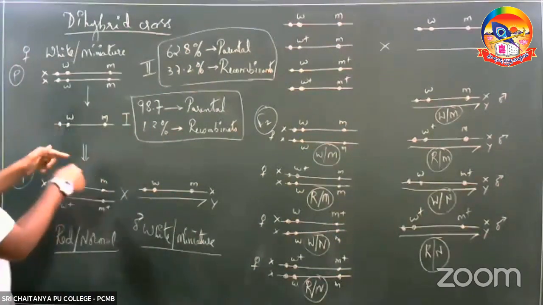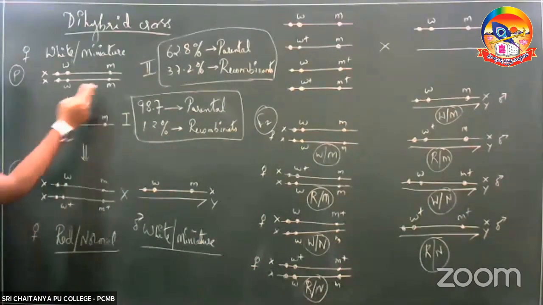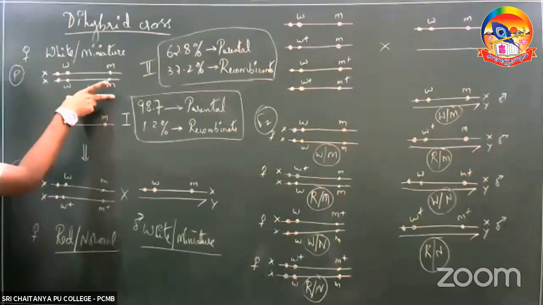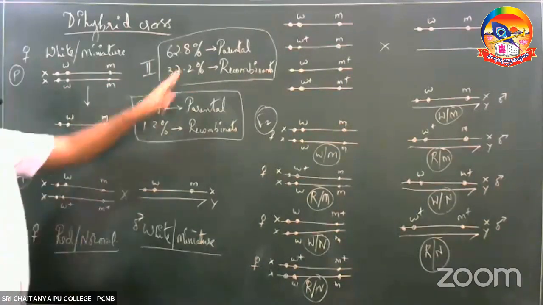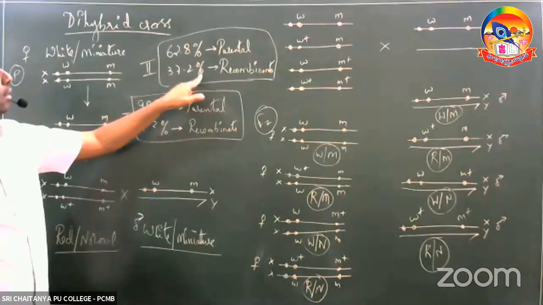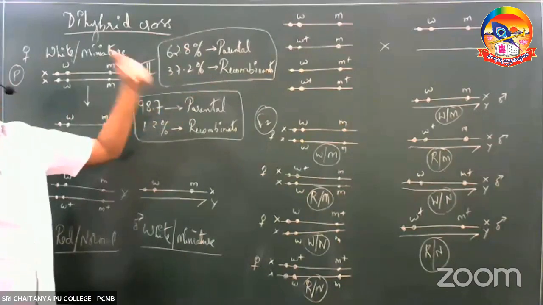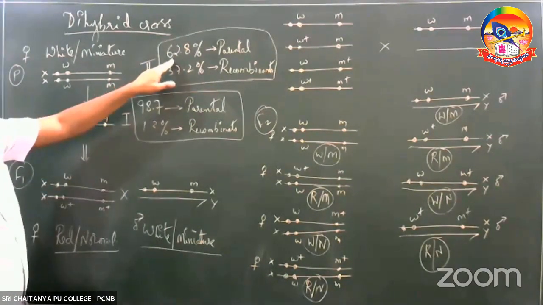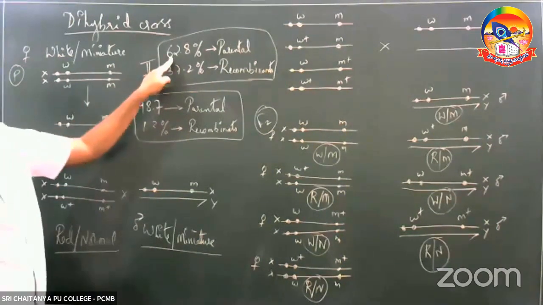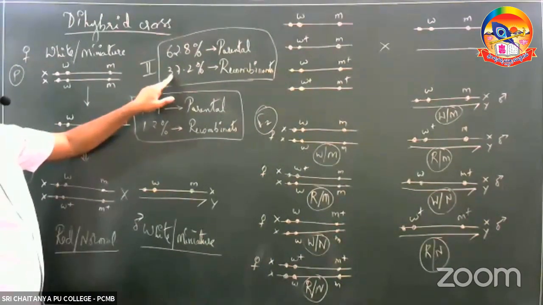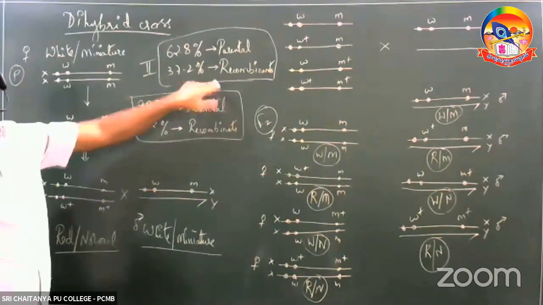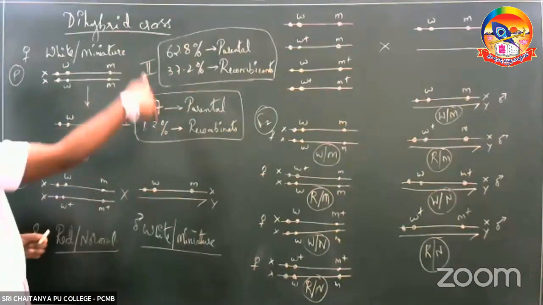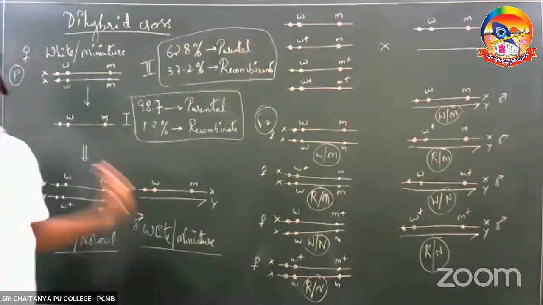But in the second case, when the eye color and the size of the wings were taken into consideration, the number of parental types was lesser and the number of recombinants was more as compared to the first cross, where parental types were 62.8% and recombinants were 37.2%. So by observing these two crosses, again, what Morgan said was,